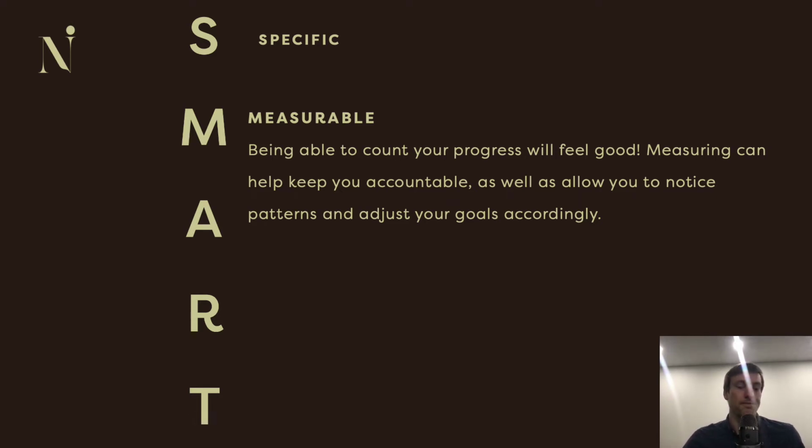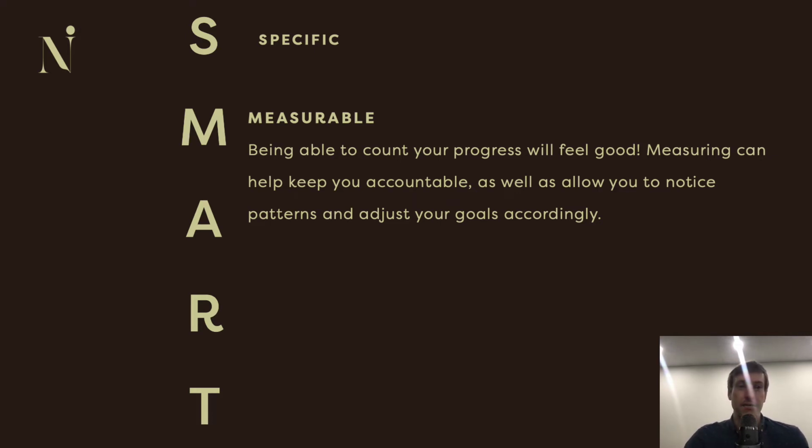So for example, exercising more, you can't really measure it. Walking 30 minutes 3 times a week, you can track that. You can say, this week I walked twice for 35 minutes. You can actually track it. And the key is that you actually find somewhere to measure and track it. Maybe you have a piece of paper you put on your fridge. Maybe you track it in your phone. It doesn't matter, but you've got to measure what you're doing in order to have an impact.